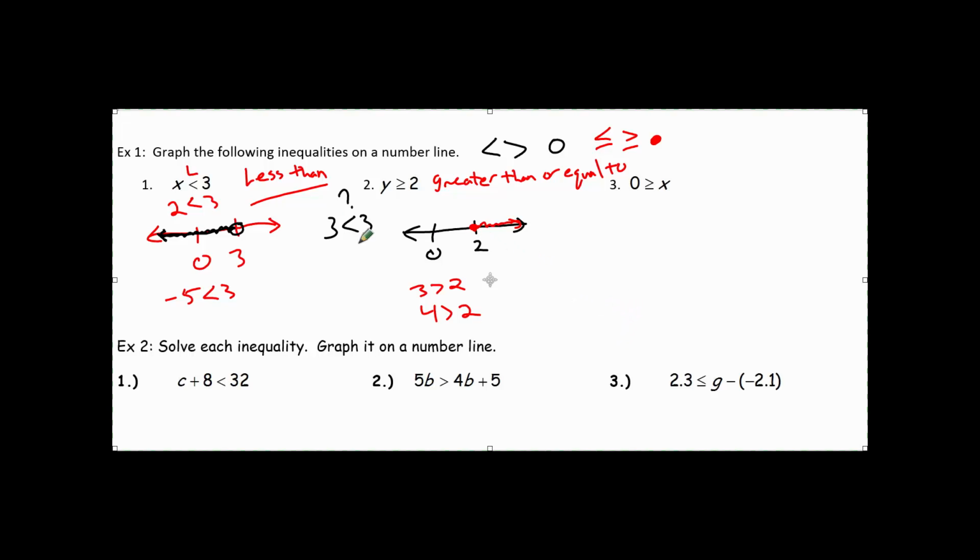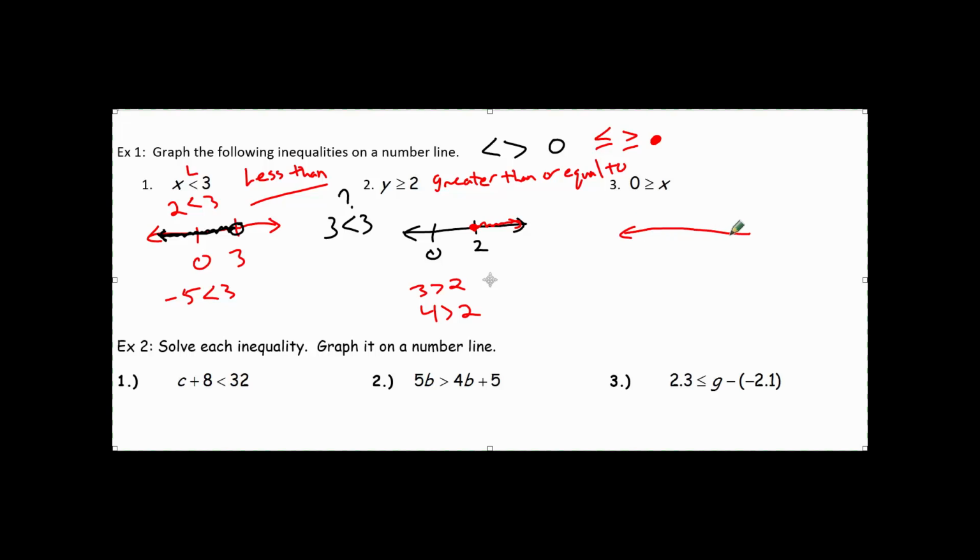As long as your variable is on the left-hand side of the inequality, these make arrows, sort of. So this arrow points to the left, is a less than, and this arrow points to the right because it's a greater than, and I shade the way that the arrow is pointing. However, that only works when x or y is on the left. If x is on the right,